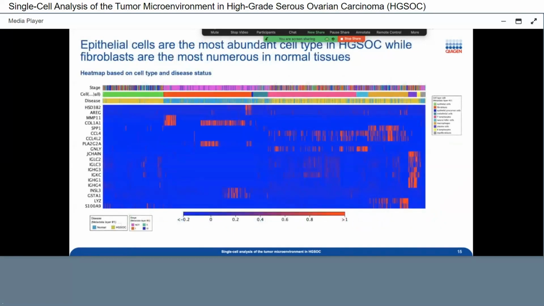But we can also look at a heat map based on the cell type and the disease status. In other words, based on 20 genes here, in which cell types are these genes the most represented? So it's based on the expression intensity here. The more red, the more expressed, right? But what I would like to show you here are these three legends. We have one for the disease, one for the cell type, and there's a color code here on the right, and one for the stage is a little bit more confusing.